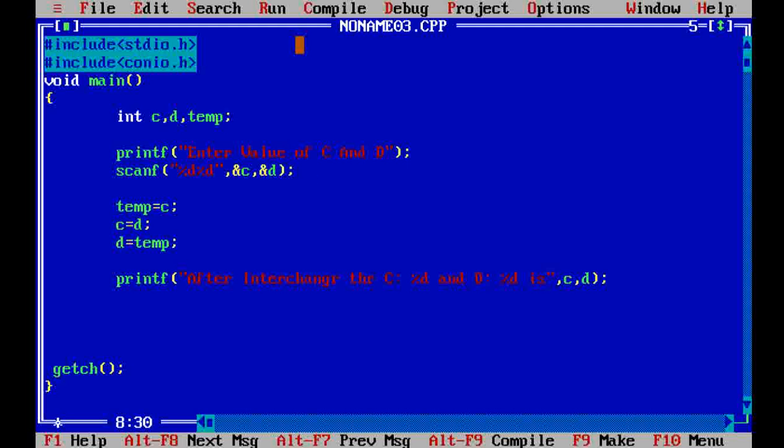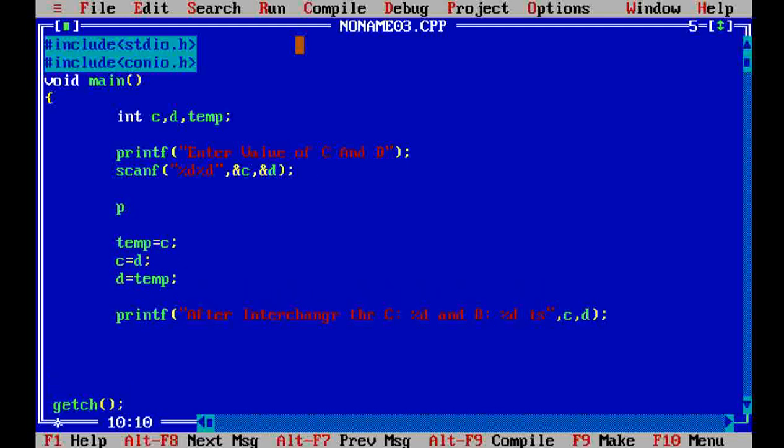Suppose you want to display the before interchanging values of C and D. So we write here printf before interchanging value of C and D is.